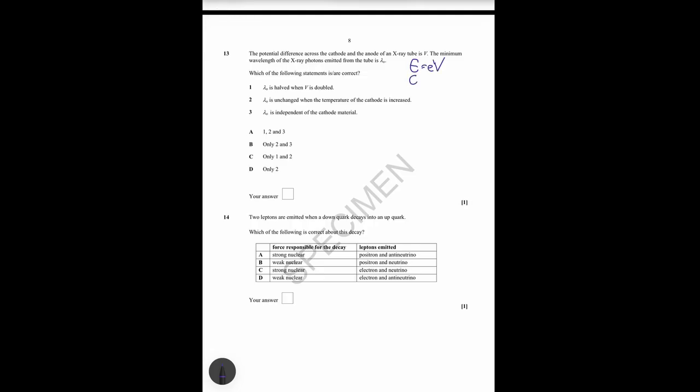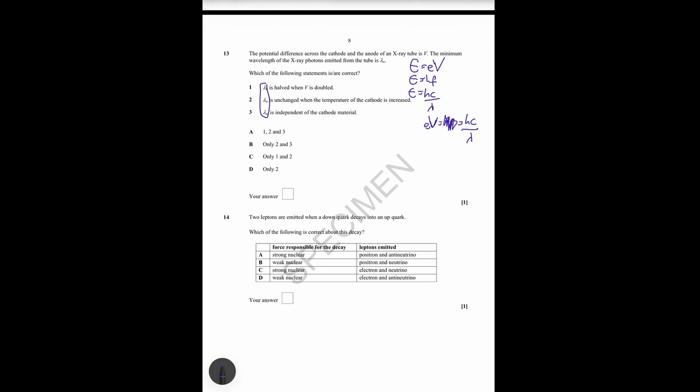I know that the energy of a photon is going to be equal to hf, and I know that the energy of a photon is also hc over lambda. So all of these things are going to be equal to each other. So I can say eV is going to be equal to hf, which is going to be equal to hc over lambda. And in these ones, because all of my options are about the wavelength, I can kind of get rid of that, and it's just going to be about these ones here. Okay, so